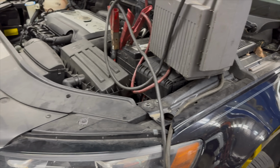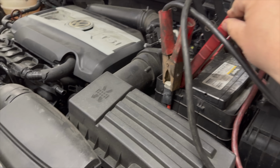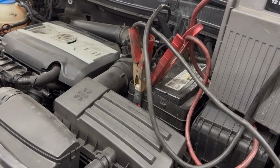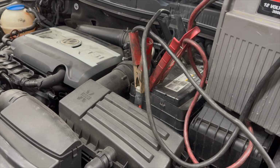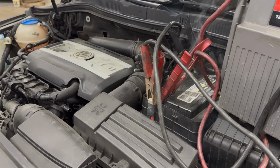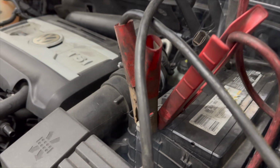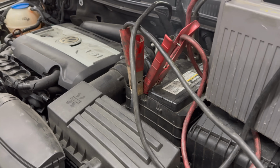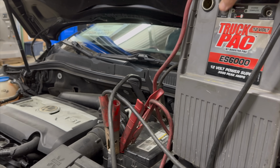She's struggling. Oh, did it do that? What is happening right now? Wait, is it trying to start by itself? It's trying to start by itself. We got smoke on the cable. Oh, I was trying to put it in gear so I can...